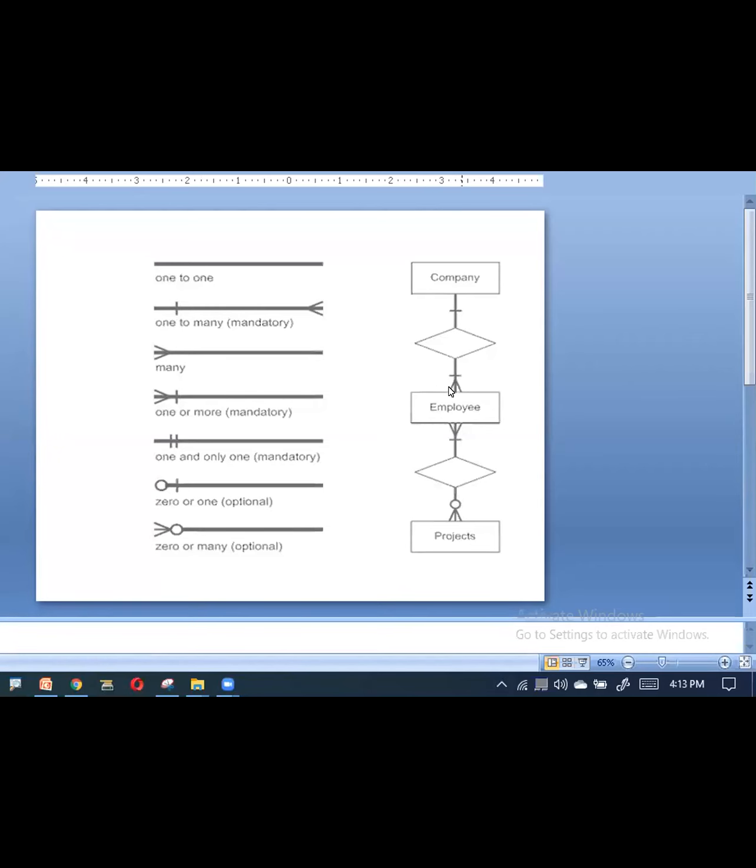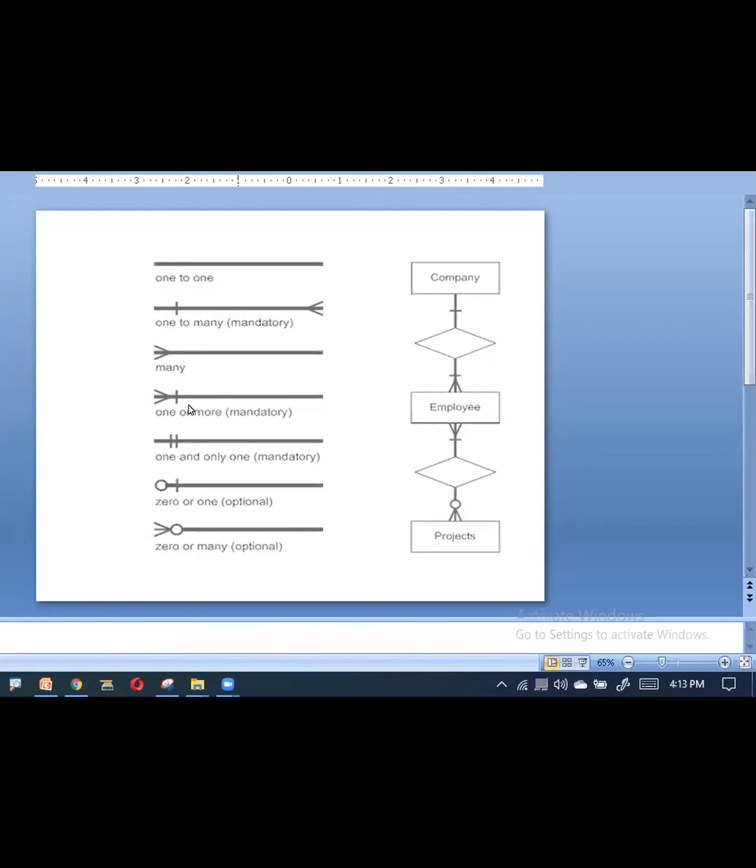The relationship here I'll write as hired: one company, X company, has hired n employees. If I want many, I use this symbol. So you can see here, I have one to many.